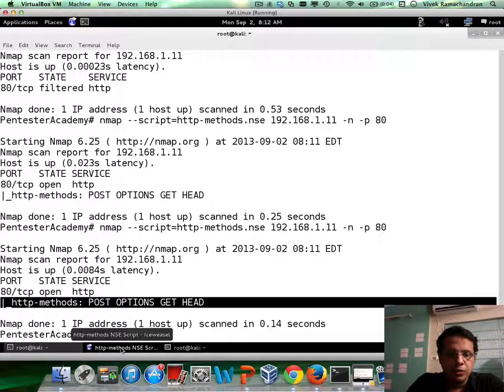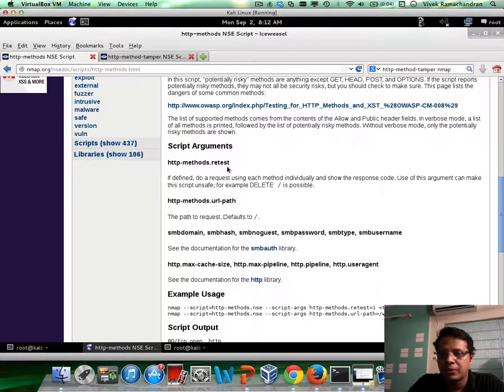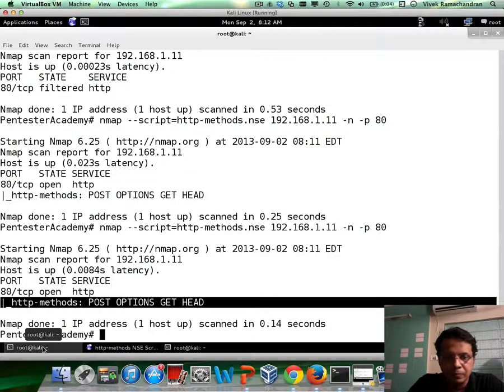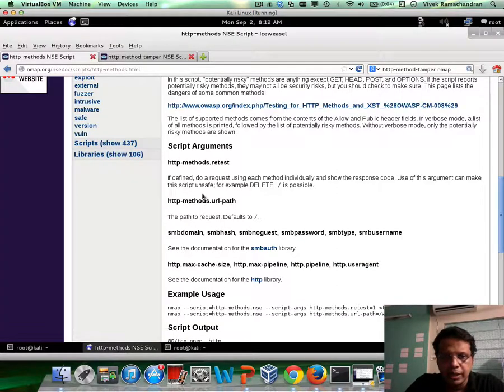Okay, so this is how you would enumerate the different options available in case you had the options method available, right? Now, this same NSE script has an interesting option which says http-methods.retest, and what this really does is for each of those methods, it goes ahead and does a test individually to check if they're available. So we can actually do script args in here. So you can go back in here and say --script-args equals, and you can copy this from here, http-methods.retest,